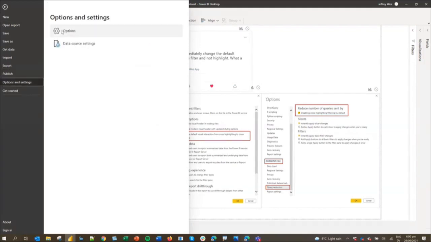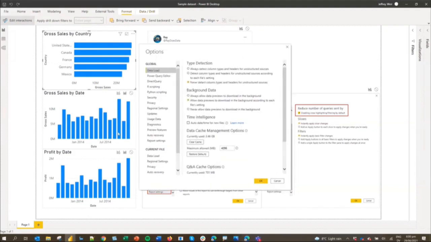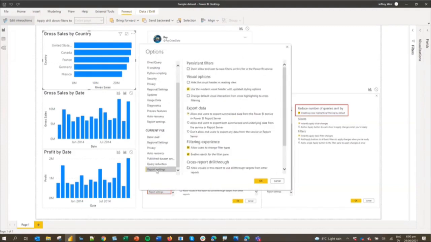File, options and settings, options. It's a setting local to this file. It is, I think it's this one here. Yes, it is. Report settings. So here we go. Change the default visual interaction from cross-highlighting to cross-filtering. So if you find yourself toggling these buttons a lot, you may want to do this at the report level. All I need to do is click this,